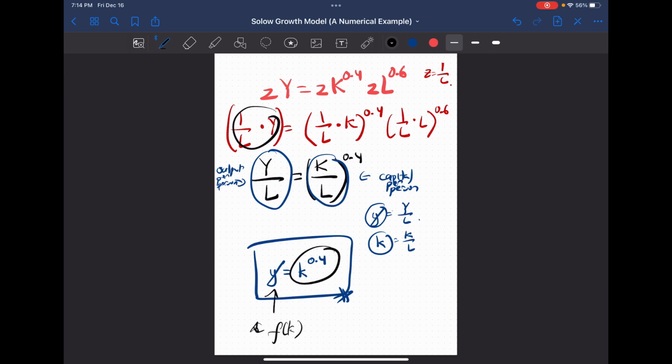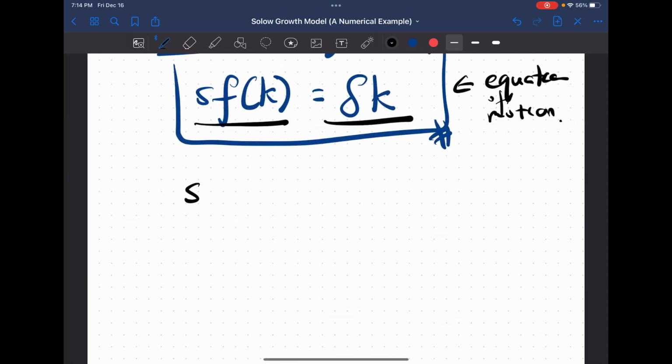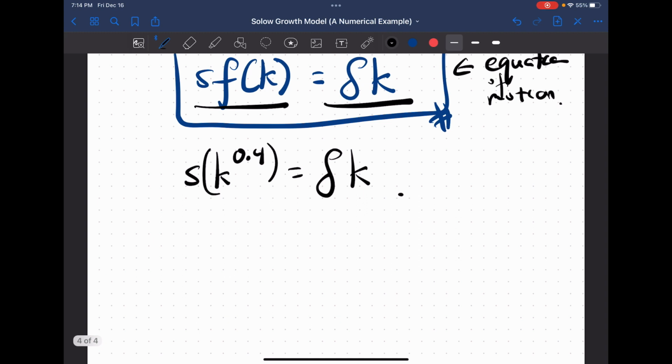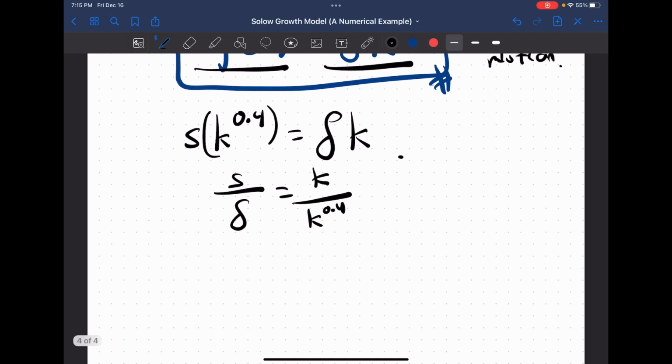So we know that f of k is k to the power of 0.4. Again, put brackets, and equals depreciation. Alright? So now let's manipulate this. If we move the depreciation to the left-hand side, and we move the capital to the power of 0.4 to the right-hand side, we get this. And if we simplify this, it simply means